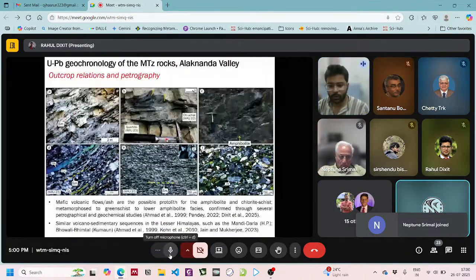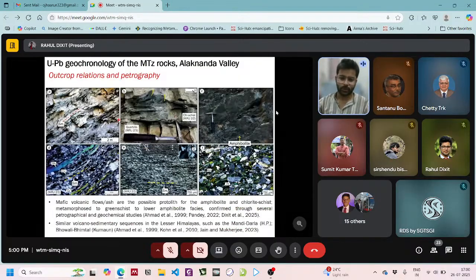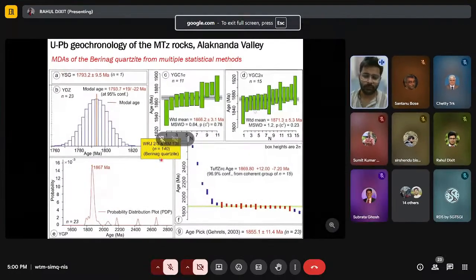Now what we basically did: we had two samples. One was the quartzite, and the second was the chlorite schist. So basically, in the first case, we performed the